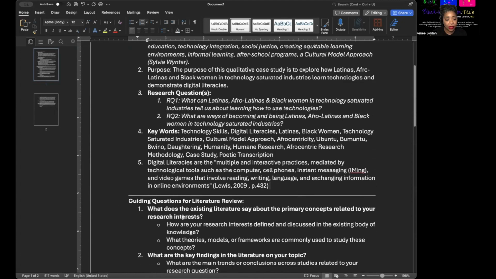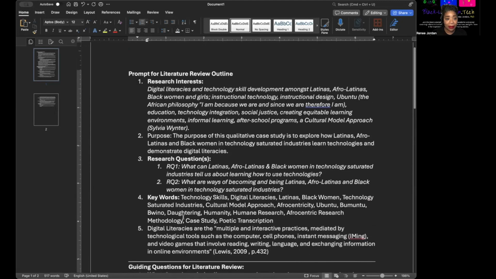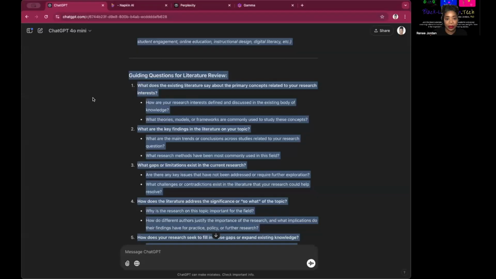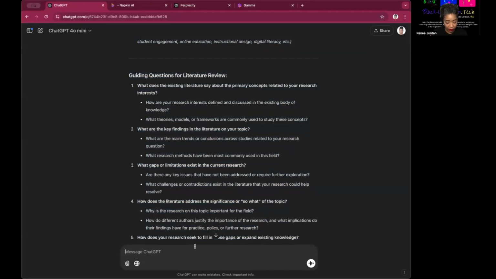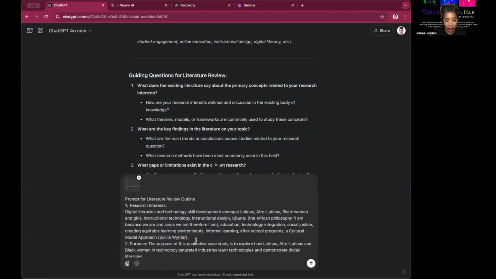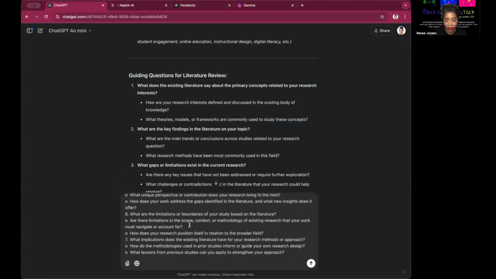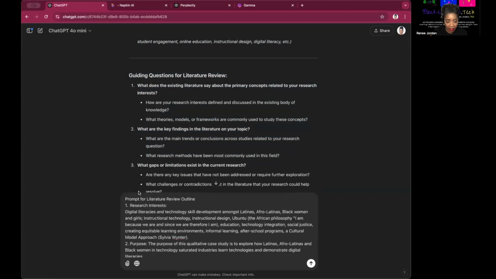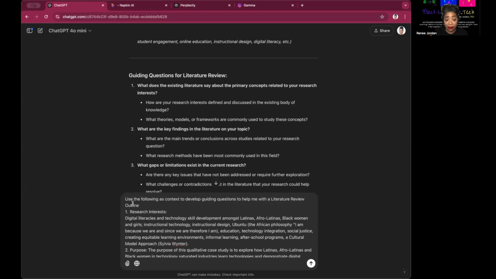Okay, so what I'm going to do is copy all of this and go back to ChatGPT. I'm going to enter this information. So I've pasted it, and you can see I have all of those guiding questions. I'm going to say, use the following as context to develop guiding questions to help me with a literature review outline.